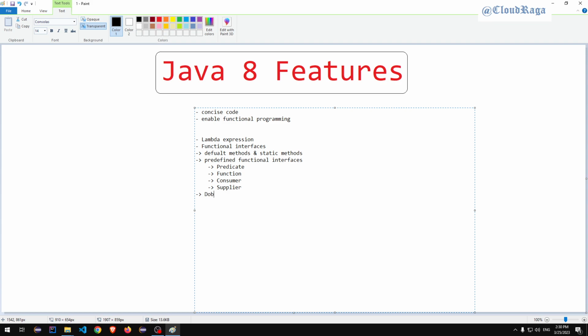Then it's the double colon operator. So it's a syntax we use there, and it can be used with method reference or constructor reference. Then the most important thing, streams or the Stream API,